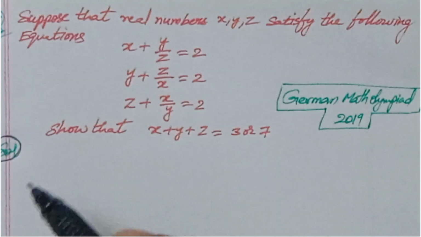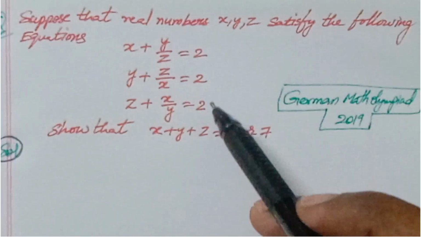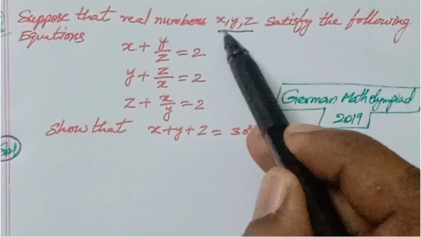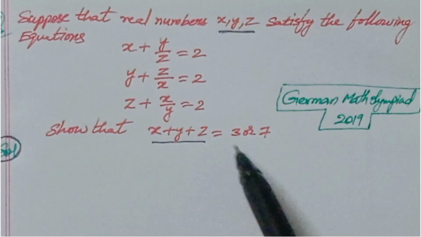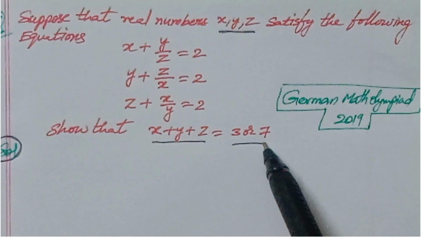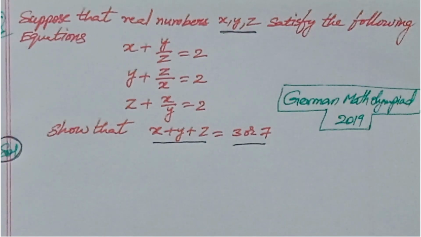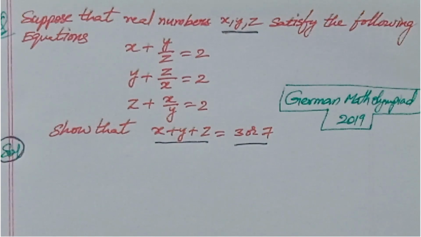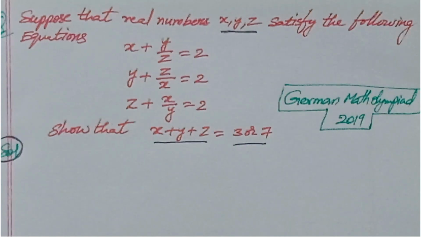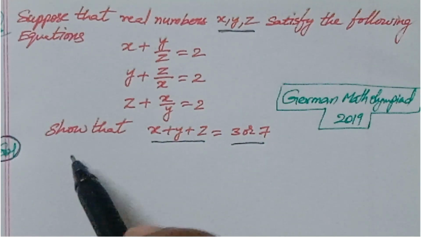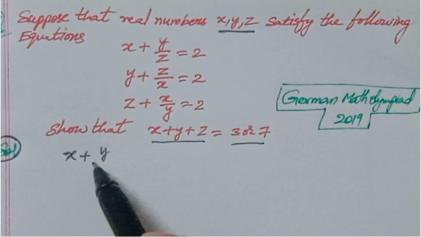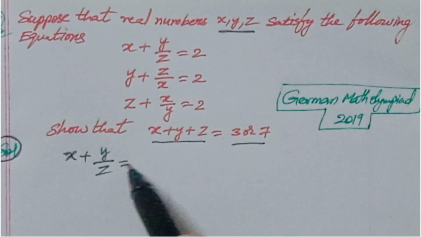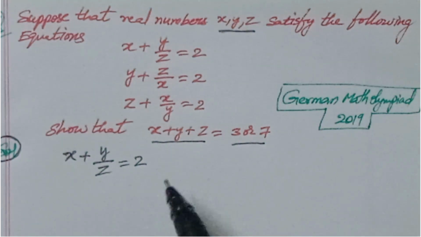So here, in this question, he is not asking the values of x, y, z. He is asking the sum of x, y, z: x plus y plus z is equal to 3 or 7. So first of all, what you will do, you will take the first equation, x plus y by z is equal to 2. This you can write as